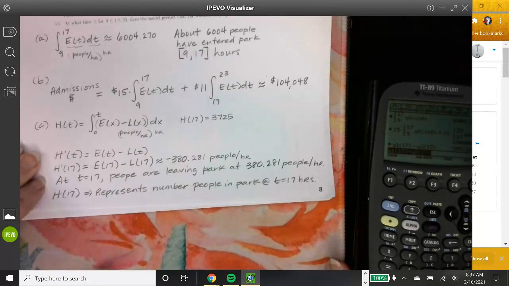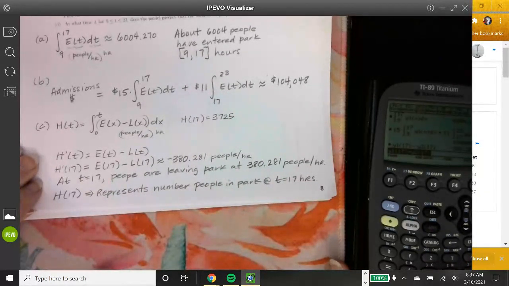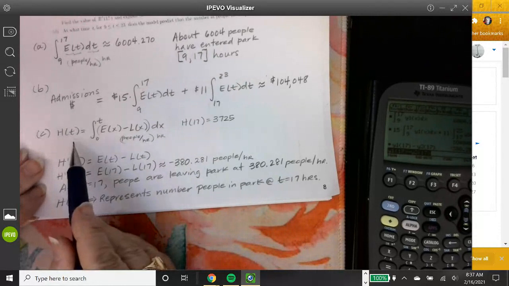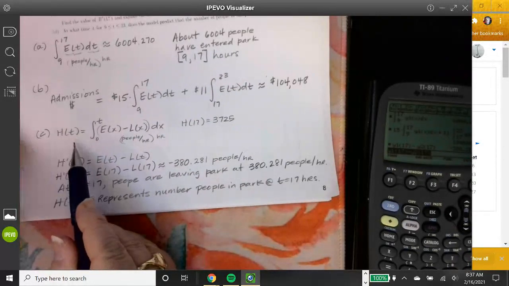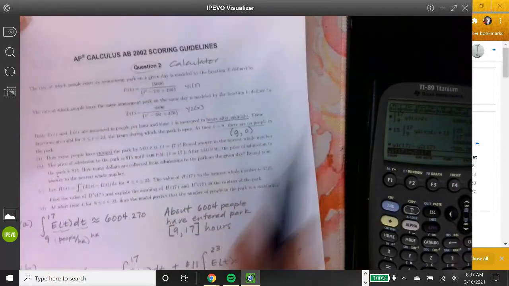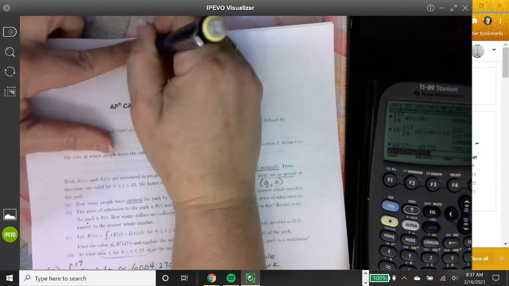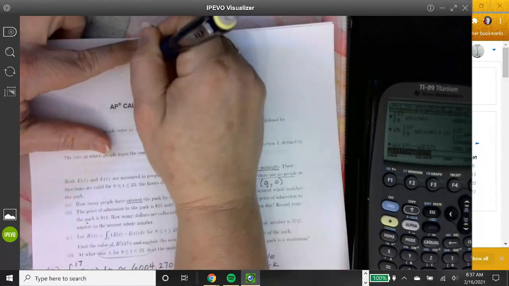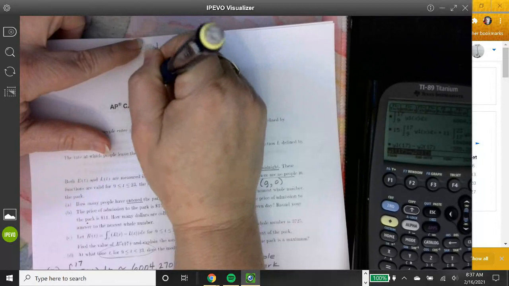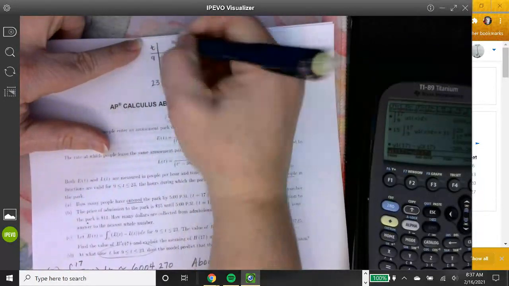D says, at what time t between 9 and 23 does the model predict the number of people in the park is a maximum? So h of t is the number of people in the park, right? And I have a closed interval again, which means I have to have a chart. So here we go. I'm going to put t, and I'm going to put 9 and 23 on here because I have to. And then I need h of t,